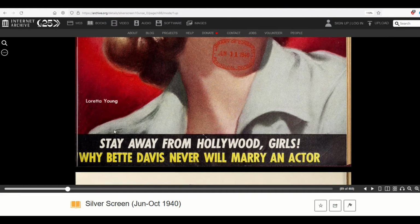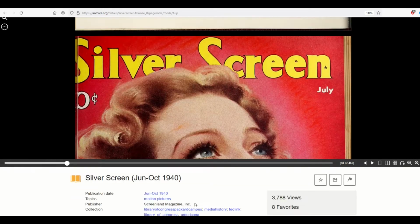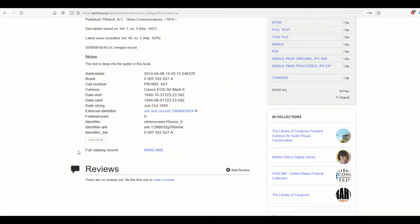This is Loretta Young. Stay away from Hollywood girls. Why Betty Davis will never marry an actor. As you can see, this is a pretty cool little magazine here called Silver Screen, and this is from June through October 1940. Now, as I scroll on down, I'm going to see that there is a copyright identifier on